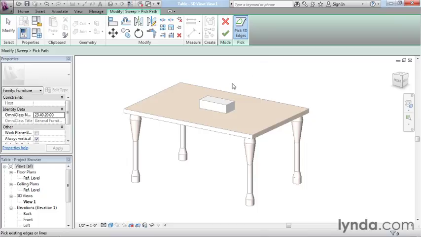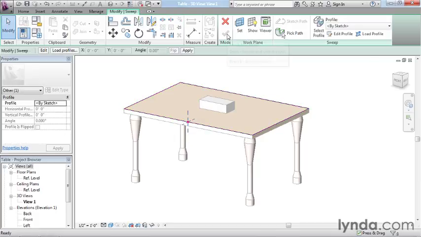So I'll choose pick path, and then you can just reach in and highlight the edges of the table. The first edge you pick, you want to use a little bit of strategy on because you'll notice that's where the plane of the profile is going to go. So this green dashed box represents where the profile goes. So it's more important if you're going to sketch it because that's the plane you'd need to look at in order to sketch this profile. In this case, because we're using a profile family, it's not as important, but you still probably want to plan it out. So I've picked all 4 edges, and that gives me the sweep path,